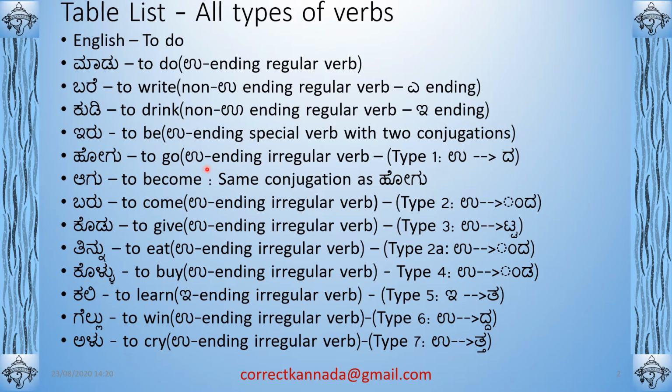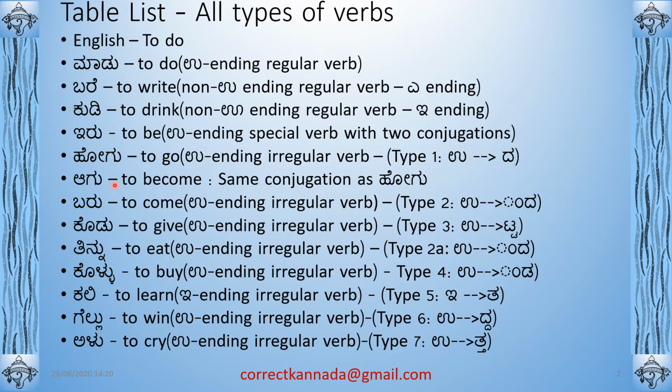So very important. Similarly, Agu is 'to become'. It has the same conjugation as Hogu. People may have difficulty because it's a two-letter word, so that's why I've given Agu also. But Agu and Hogu are the only two verbs that are very, very special in Kannada. Why it is special is because